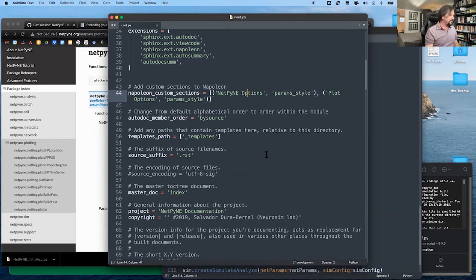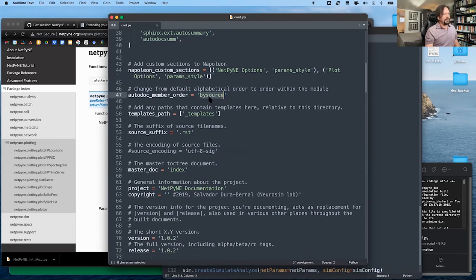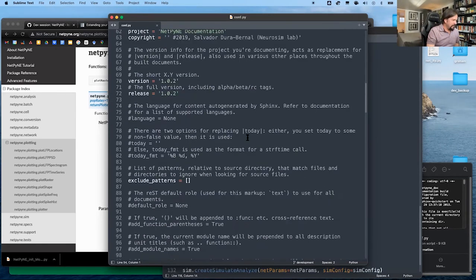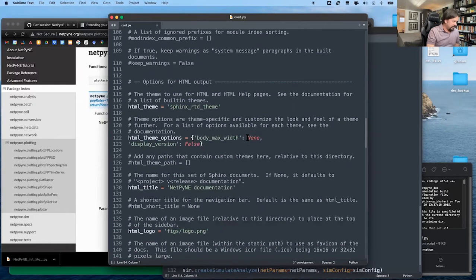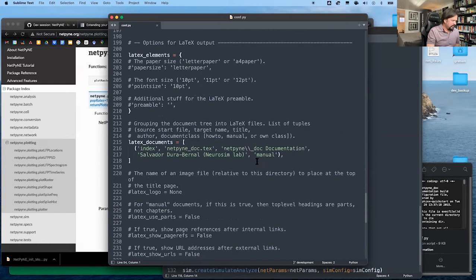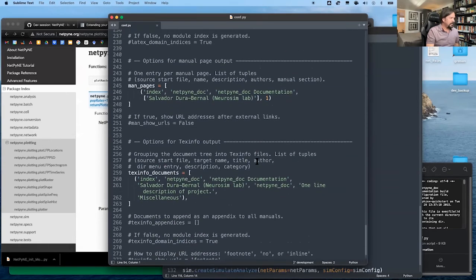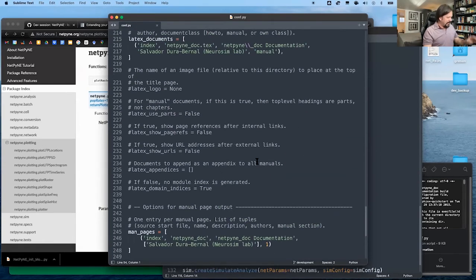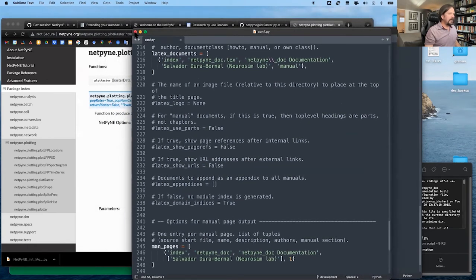We order it by source in the file instead of alphabetically, because usually our most important classes are at the top. And the HTML theme is Sphinx. Is there anything else important in here? I don't think so. Once you get your config file set up with that stuff in it, then